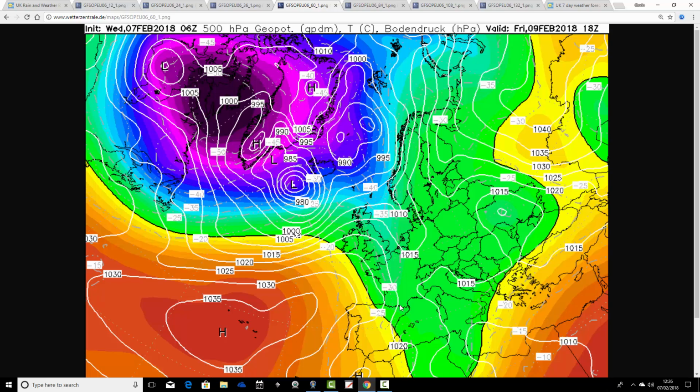Now, we may find a little bit of that rain turning to sleet or snow on the back edge on Friday morning. So it turns thoroughly wet across England and Wales overnight Thursday into Friday, with outbreaks of heavy and persistent rain, and then that rain gradually spreads southwards and eastwards. As I say, it might turn to snow on the back edge through parts of the Midlands, particularly Lincolnshire, East Anglia, South East England. Probably won't amount to too much, but during the rush hour on Friday, there could be